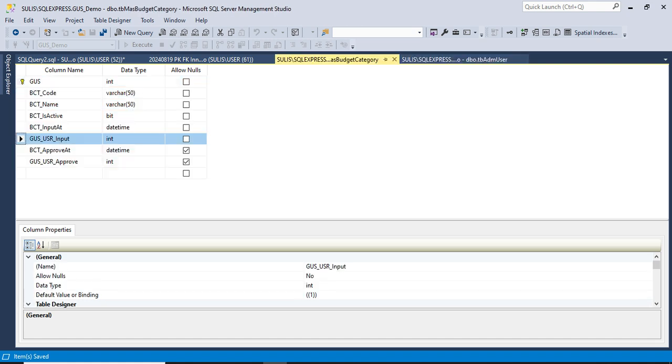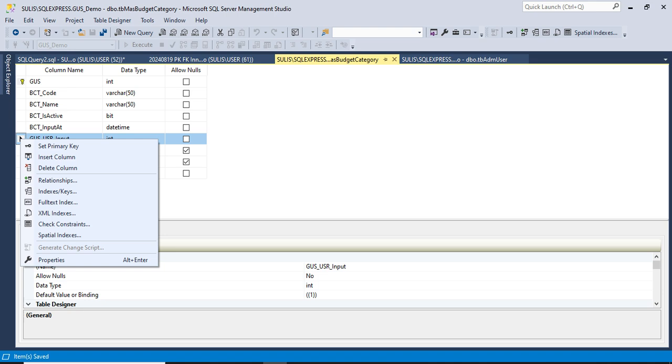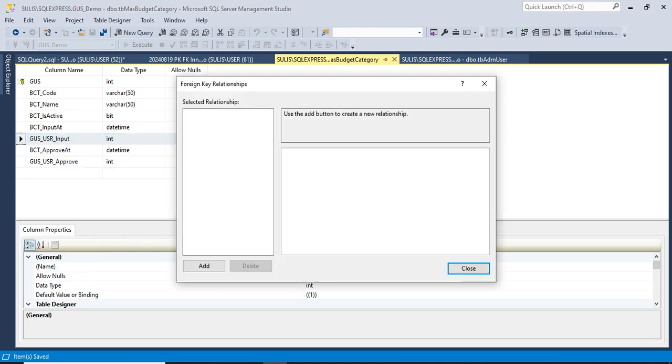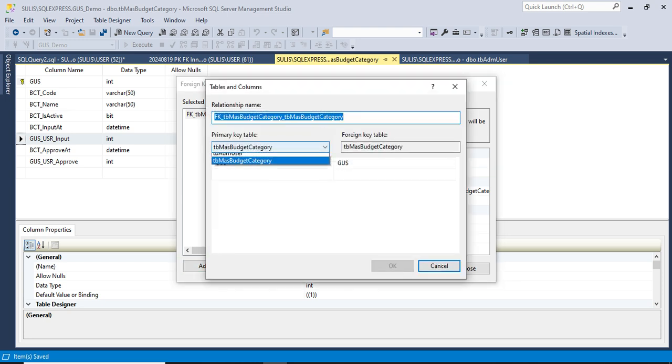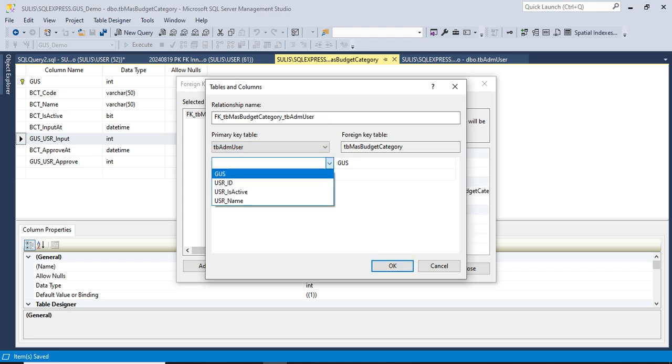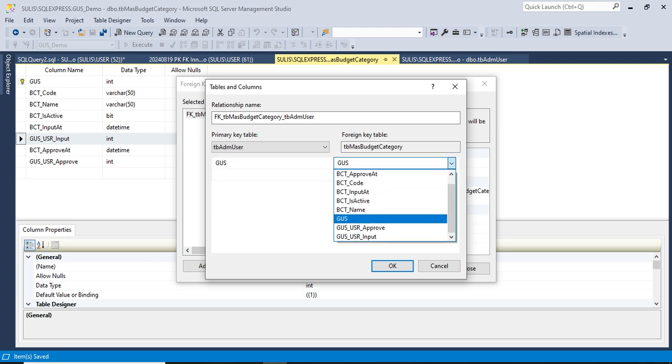Here is right click, click relationship, click button add, and now choose table administration user, choose the primary key and the foreign key.